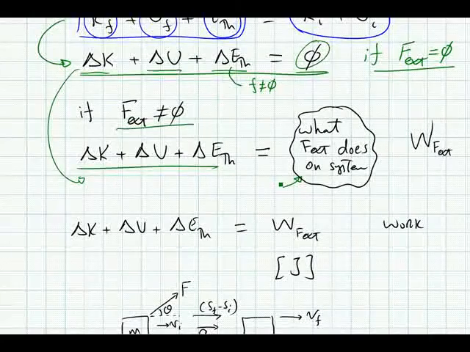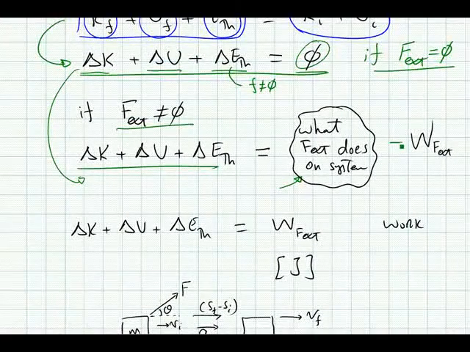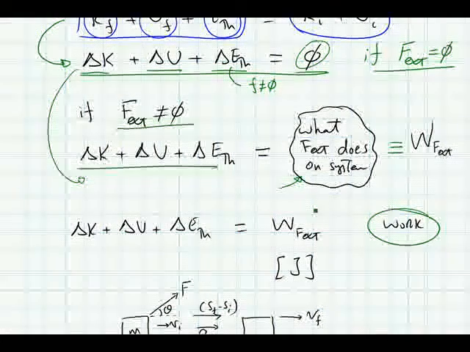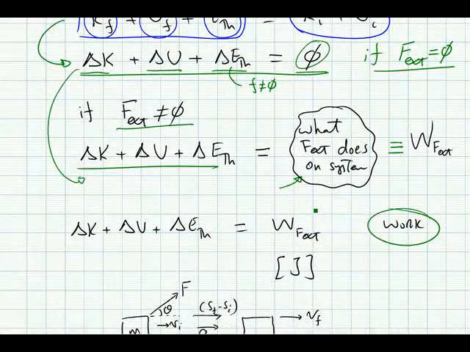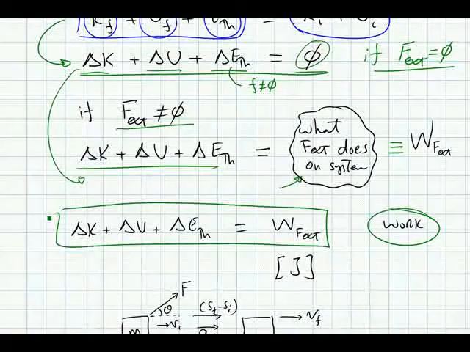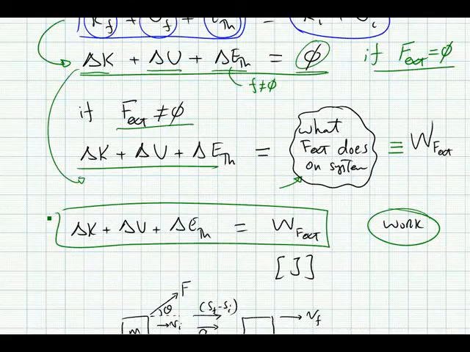And it's what F external does on the system that we define as the work done by F external. W here stands for work. So our equation takes the form of delta K plus delta U plus delta E thermal equals work done by